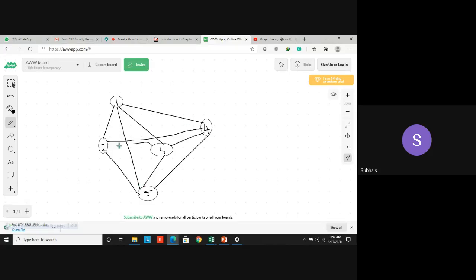But here there is no metric at all. There is no value to measure the distance. I have connected only; I didn't mention any metric. Suppose I assign some value to the edge, then that becomes the weighted graph. Weight means assigning some value. For example, I am assigning the value 10. It means 10 meters or 10 kilometers, anything.